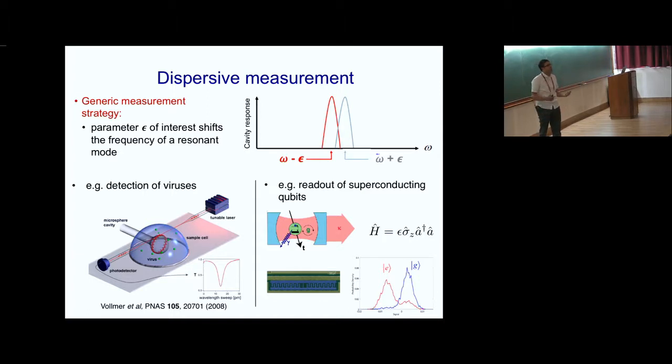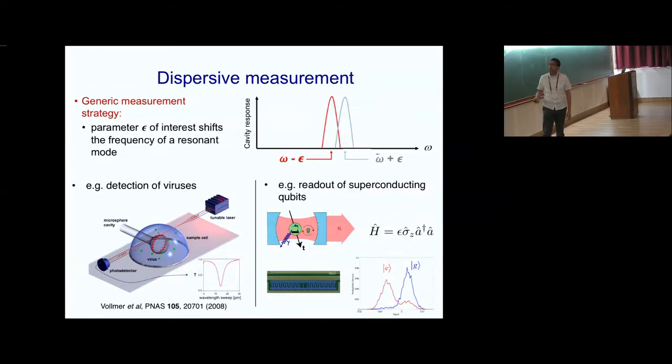This is a really generic kind of sensing approach used in all sorts of systems. Quantum mechanically, this is probably the best way to read out superconducting circuits, superconducting qubits. We'll hear more about that in Michael's talks. Even in classical regimes, you can build sensors that detect the presence of viruses using this kind of approach. So the question is, if there was a way to improve this measurement strategy, that could have enormous